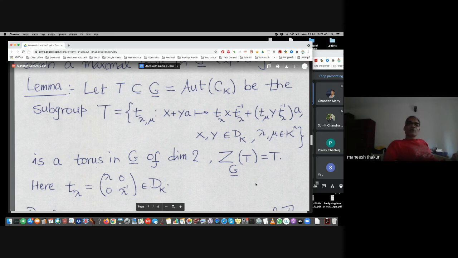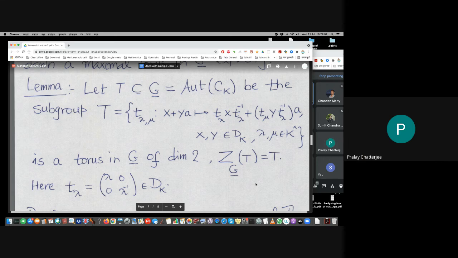Yeah, so what you should do to convince yourself, you write the octonion as M2K direct sum M2K, and define the norm as determinant X minus determinant Y, and then you write down this torus. That's all. So work with that copy of C over the algebraic closure and do the calculation. It's not such a big problem.